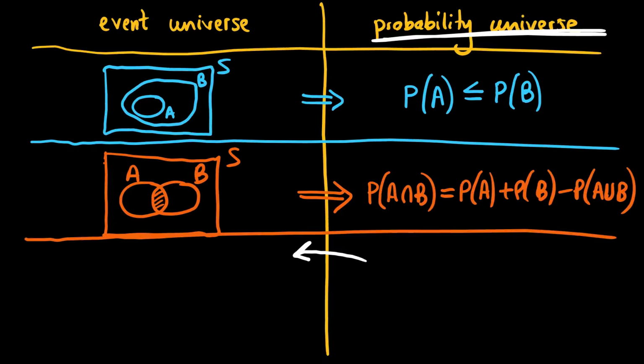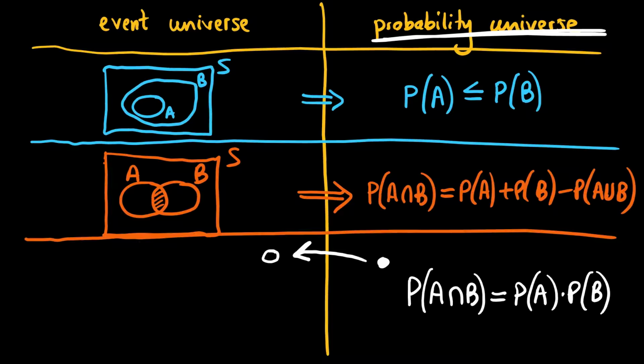And you can imagine that it must be some pretty special observation that we make here in the probability universe that gets us to go backwards for the first time. And that observation is the independence of sets. So essentially, we observe that if we have two sets, A and B, such that the probability of their intersection equals the product of the two probabilities,